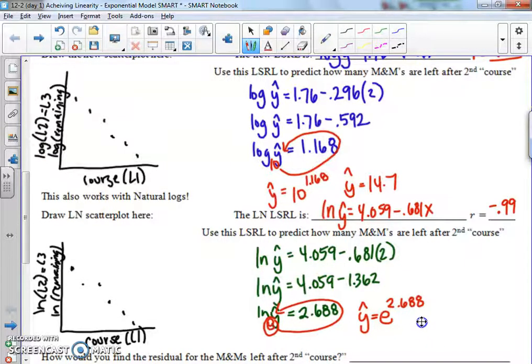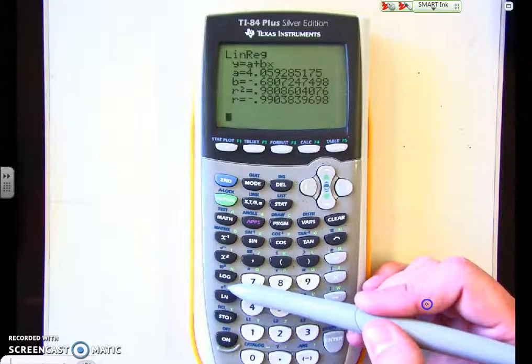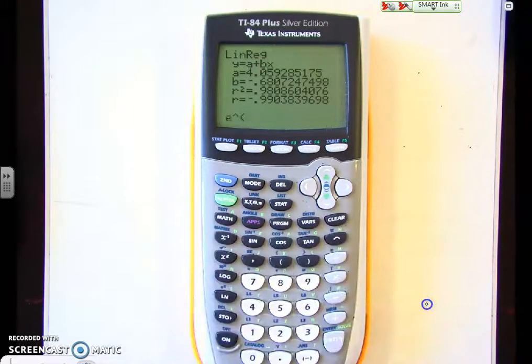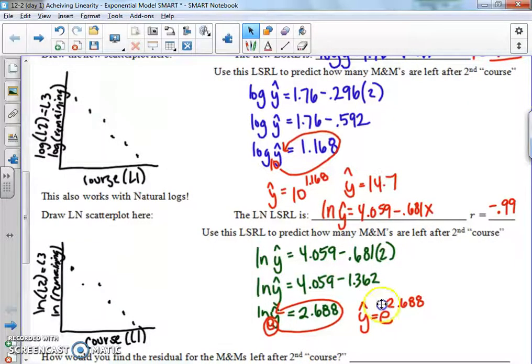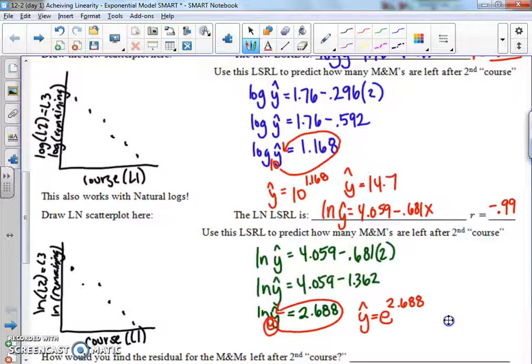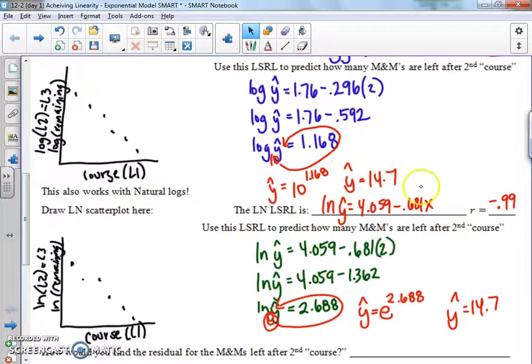So we do have e on our calculator. If I go over here, e is found above the natural log button. It says e to the x here. So what I'm going to do is I'm going to go second e to the x. So it pops up the e for me. And I'm going to do 2.688. So that's the predicted number of M&Ms after the second course. And if you see, it's the exact same number we did if we did a logarithm of the exponentials. So our y hat is 14.7. So what I'm trying to show you guys in these predictions is